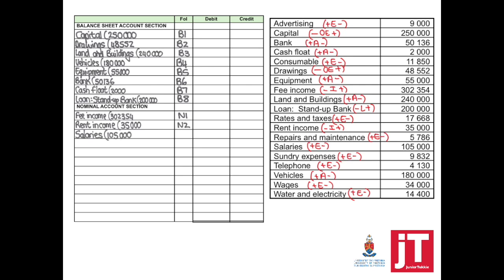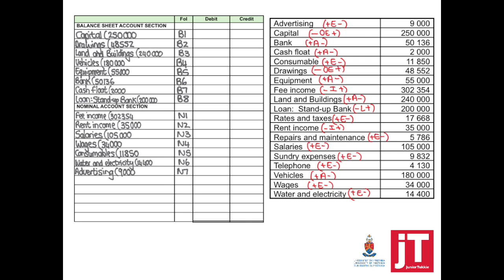Then we're moving on to our expenses, which was salaries, 105,000, wages, 34,000, consumables, 11,850, water and electricity, 14,400,